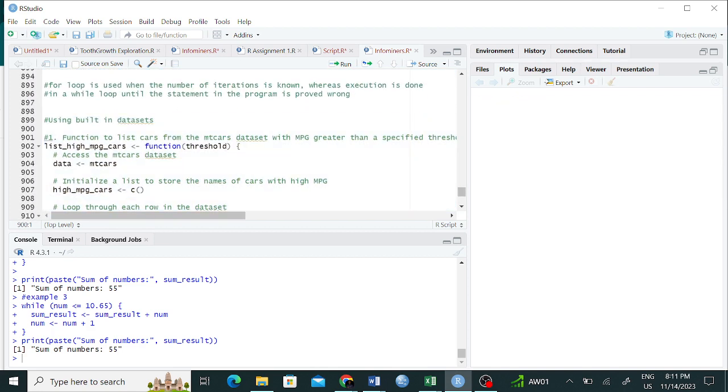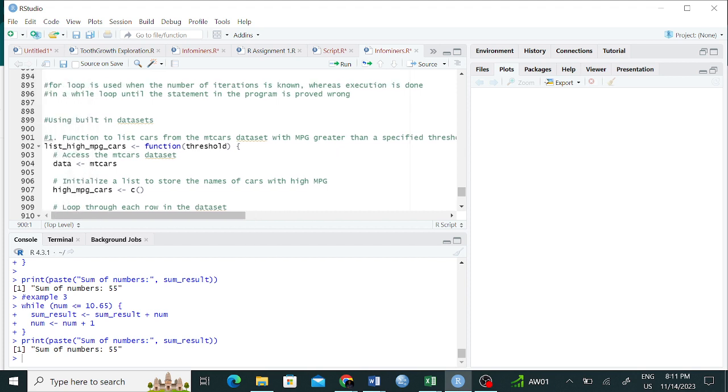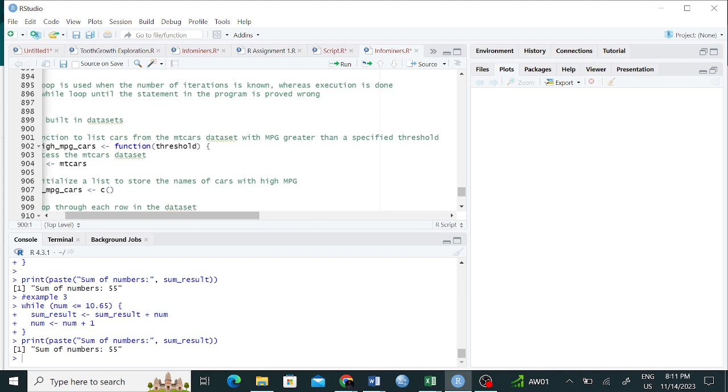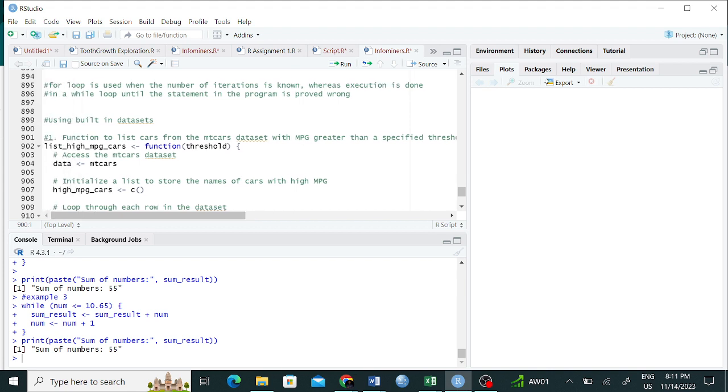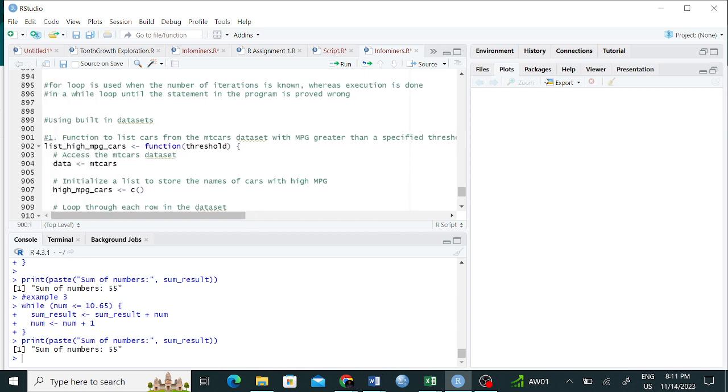So there's this first one where we are trying to write a function to list cars from the mtcars dataset with MPG greater than a specified threshold, right? So you may just think of it as maybe list high MPG cars.